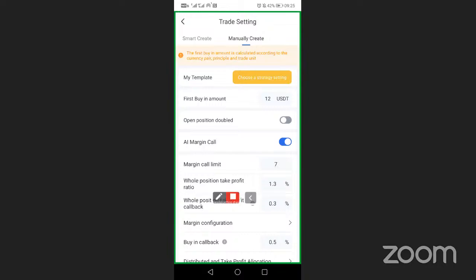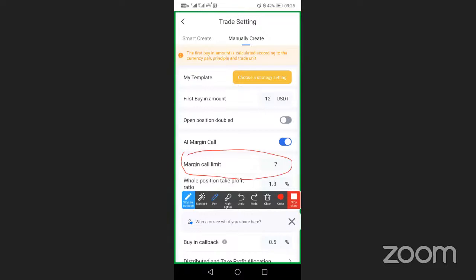The remaining 500 is the one we are going to use for the margin calls, which are going to be 5, in case the market goes against us after we have entered the first time with 500. Are we together, guys?